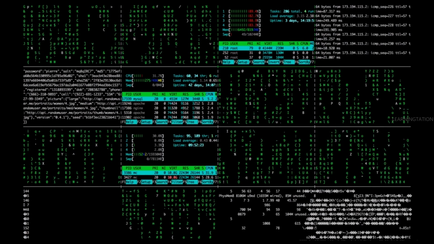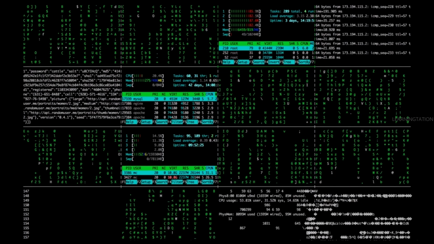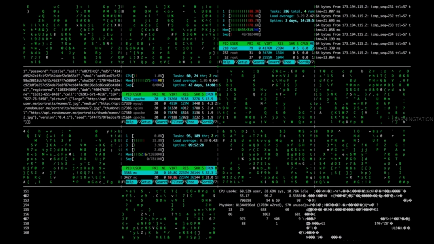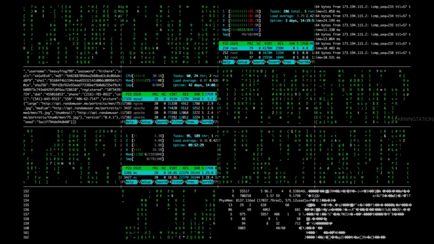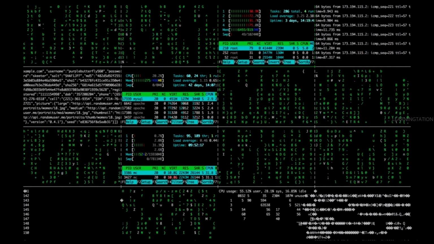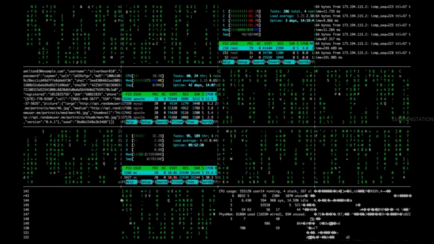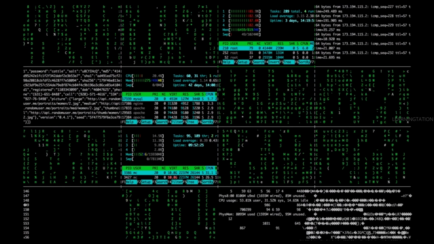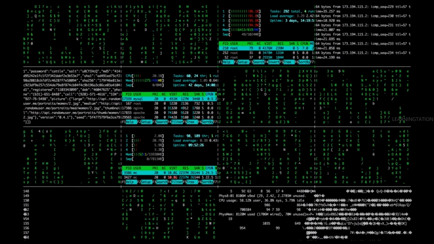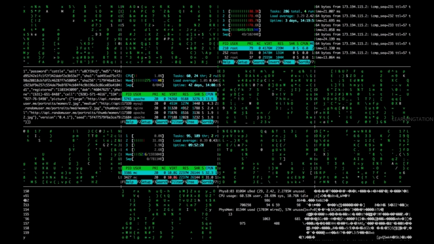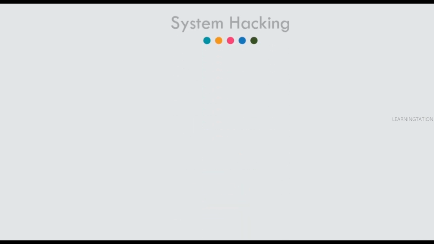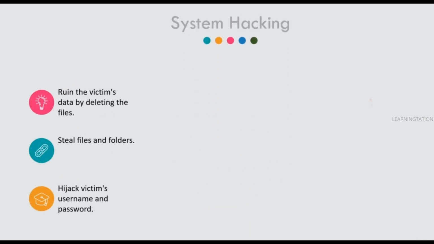So now the question arises, what can these hackers do after compromising the system? When your PC gets connected to the internet, the hacker can execute malware on your PC and quietly transmit personal, financial and essential information without your knowing consent. These hackers can blackmail the victim for money by stealing sensitive information from the computer, which you don't want to reveal. After compromising the victim system, the hacker can do many things like ruin the victim's data